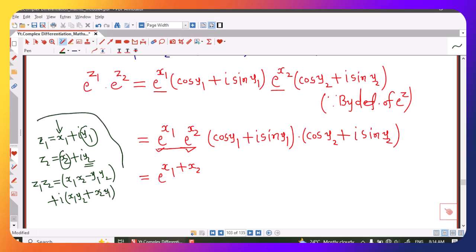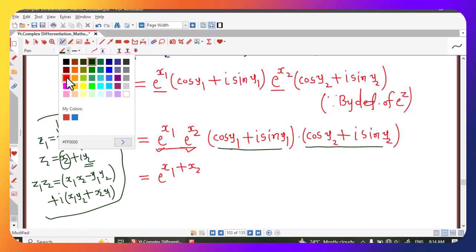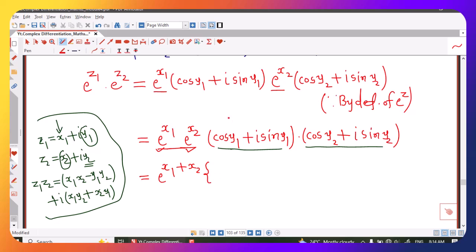So using this definition of product of two complex numbers, we can find out product of these two brackets. So now I am writing first, let me write another bracket here. First I will multiply real parts. So here real part is cos y1, here real part is cos y2, and minus sign is from the formula. Then imaginary part into imaginary part, here imaginary part is sin y1, here imaginary part is sin y2